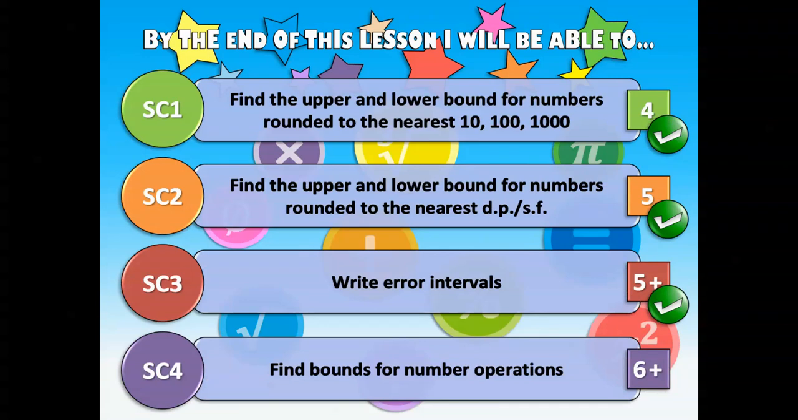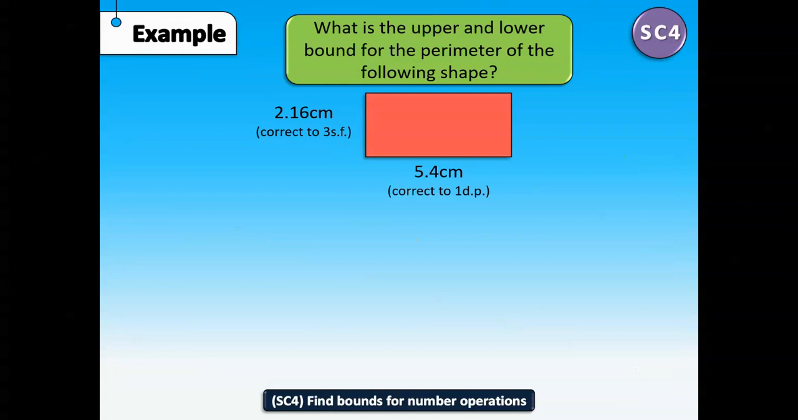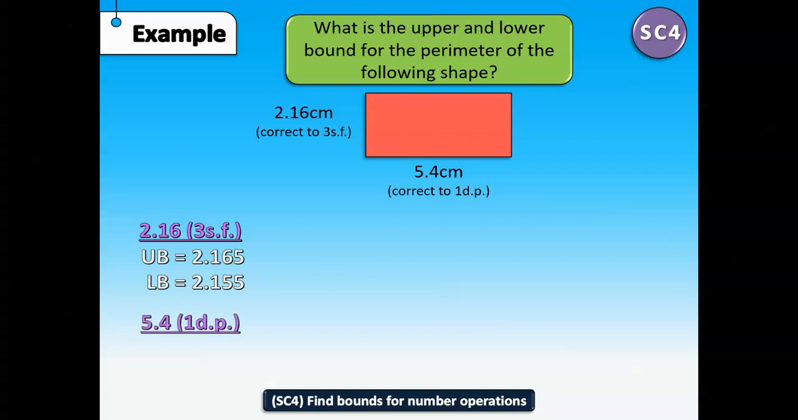So now we're going to move on to number 4, and this is to find bounds for number operations. So what is the upper and lower bound for the perimeter of this shape? So the width is 2.16 centimeters, correct to 3 significant figures. And the length is 5.4 centimeters, correct to 1 decimal place. So if we find the upper and the lower bound for the 2.16 and the upper and lower bound for the 5.4,